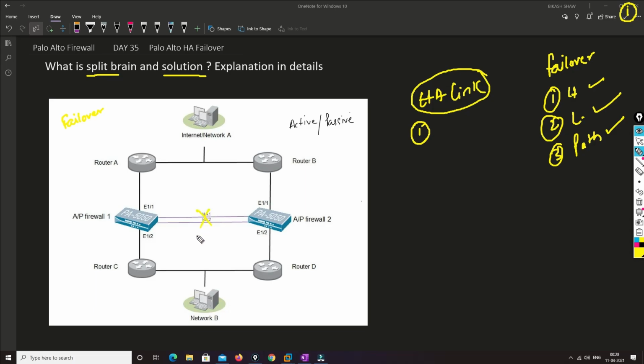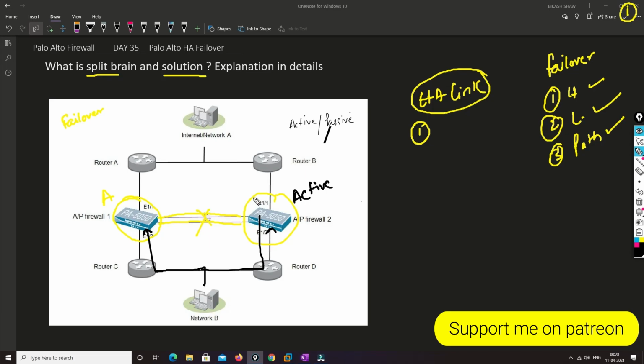Let's suppose this HA link goes down. In that case they will not be able to communicate to each other, and both devices will become active. In this scenario, both the firewalls start forwarding the traffic, and it causes a lot of problems like duplicate MAC address and duplicate IP address, because both the devices will be using the same IP address.